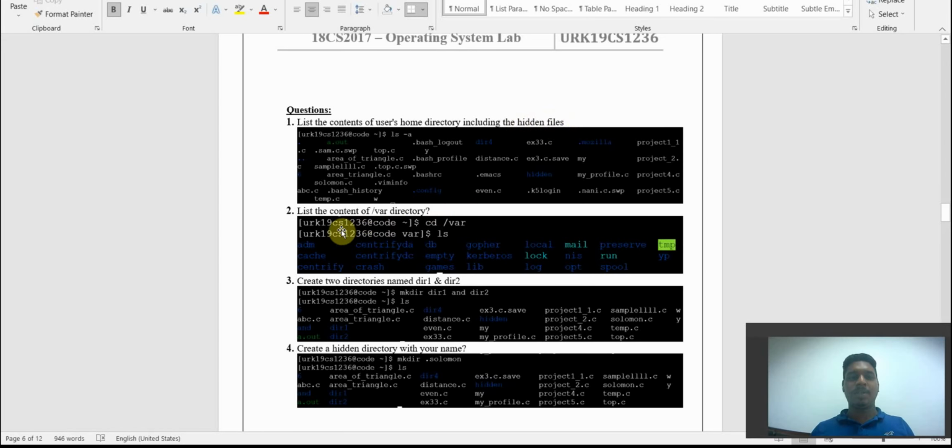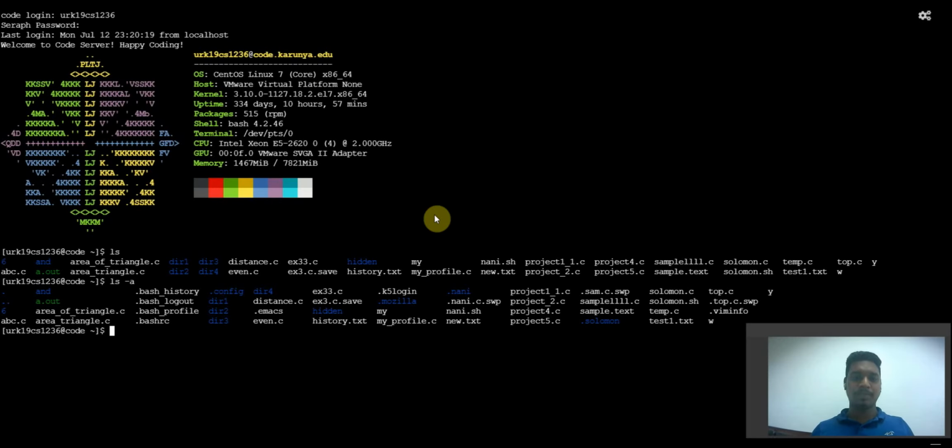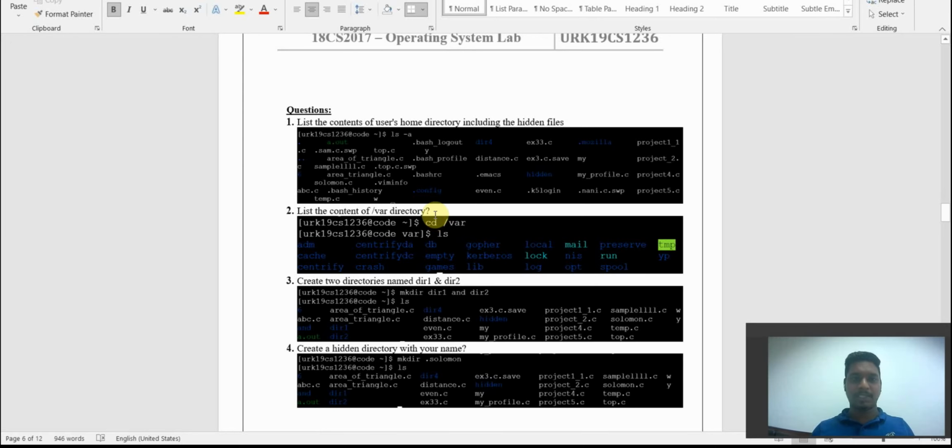Next we need to list the contents of the variables directory. There is a direct path called /var. var is nothing but variables.